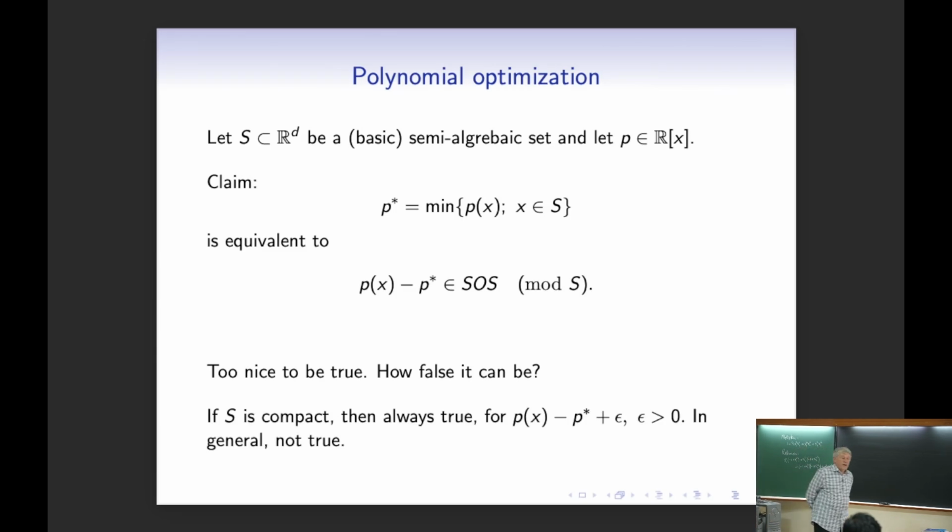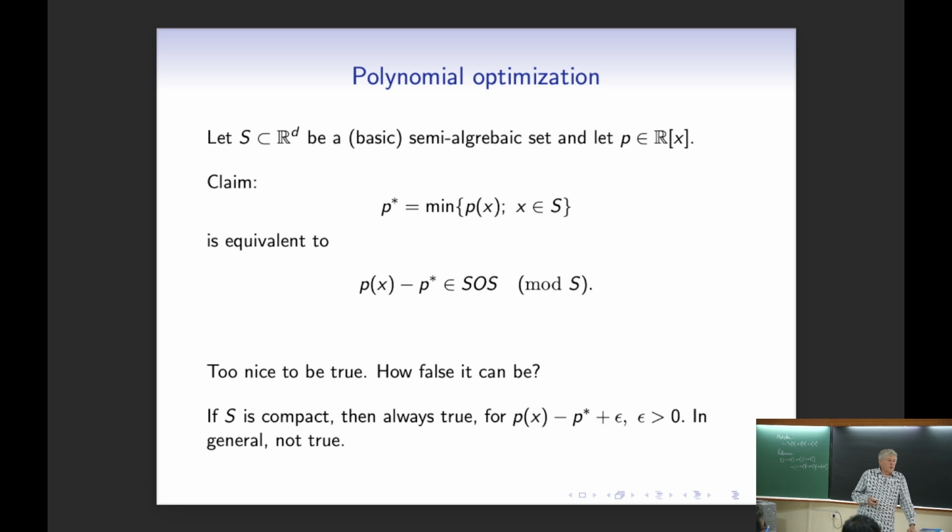Now, applications. I'll start here, a long list of applications. I'll not go into details in any of them, just showing you what it is good for, this certificate of positivity. The simplest observation, which is important for a lot of areas, is how do we compute the global minimum of